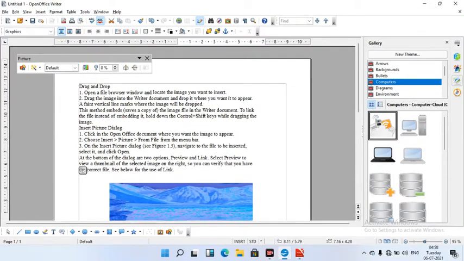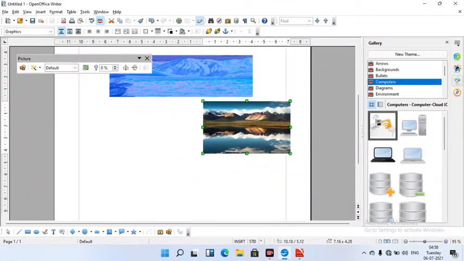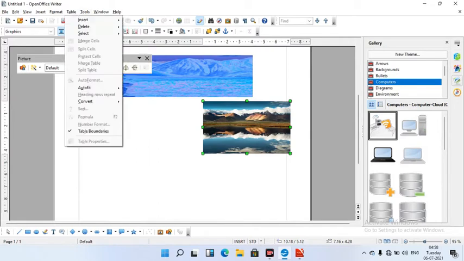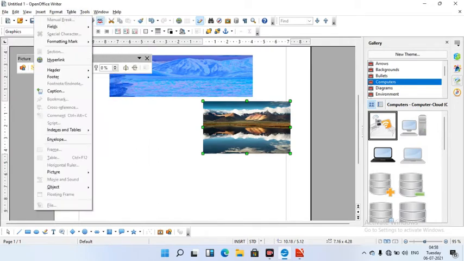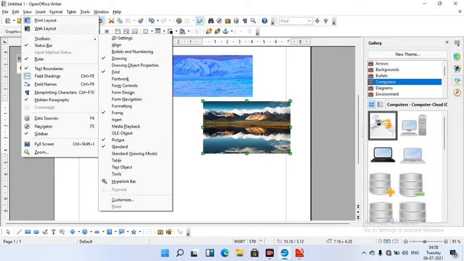Like this we have different types of drawing objects here at the bottom. If you don't see this toolbar, then you can select it from the tool menu options: View options, view toolbar, drawing.